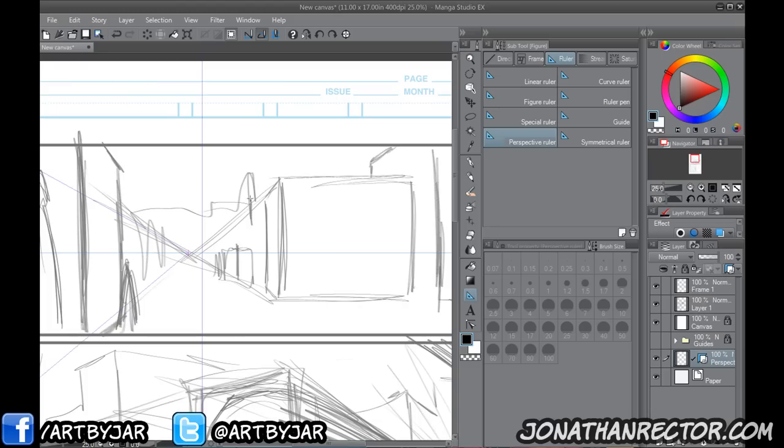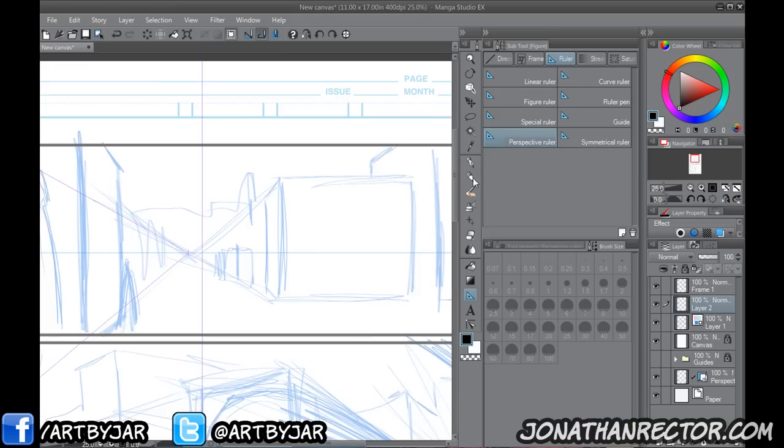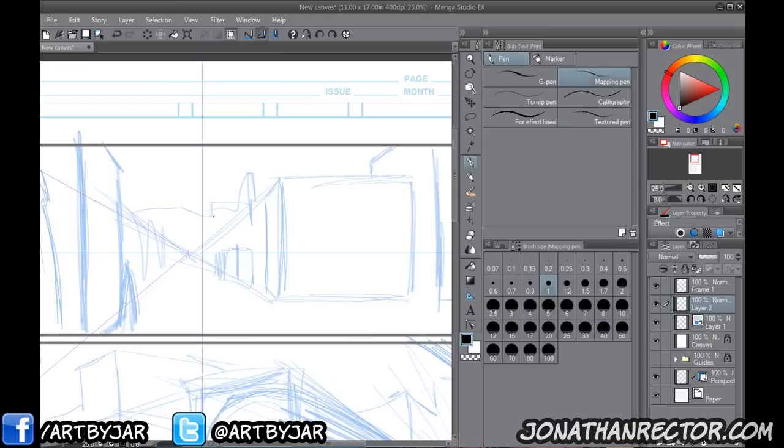Now everything you do will be snapped to that. So if your gesture, like we have it here, is faintly drawn in, and you can understand where this is going, this is probably more of a medium advanced sort of technique. But just say that was our underdrawing. Let's just turn it blue so that you guys can make sense of all this. I'll grab my pen, and let's just say I wanted to start getting real tight with it.